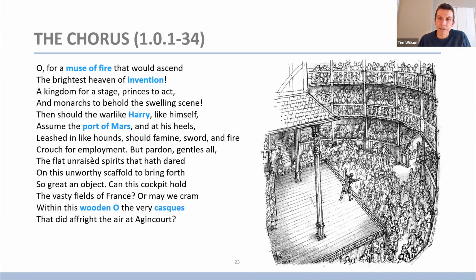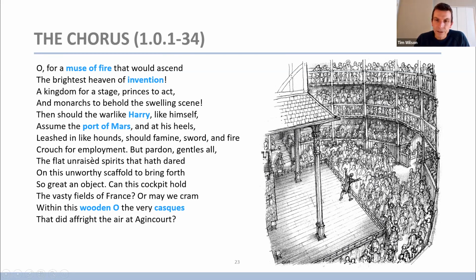First lines of the play, the solitary actor comes out. I like this artistic representation as a reminder that we have this jutting stage there with the yard, with the commoners standing around. We've got some tiered seats in the back. They're slightly more expensive. We've got this balcony, and this tiered roof on which the heavens were portrayed. There's a little depiction of this cellar. So there's a trapdoor there that can represent characters coming up either from the earth or from hell.